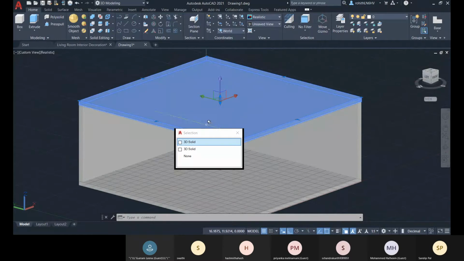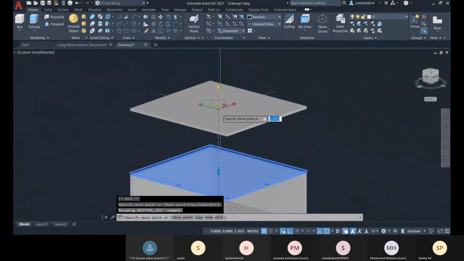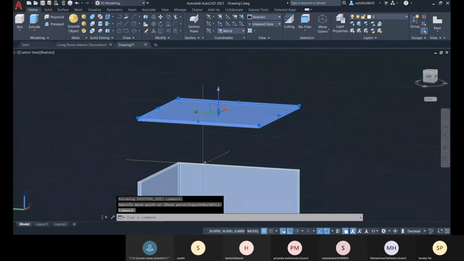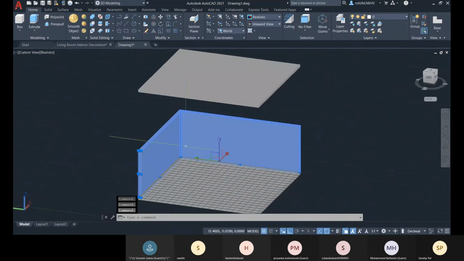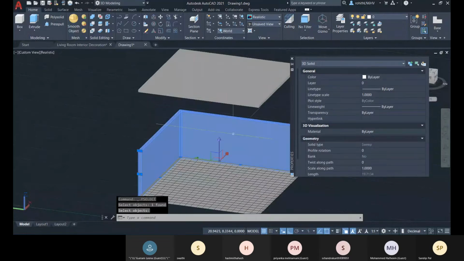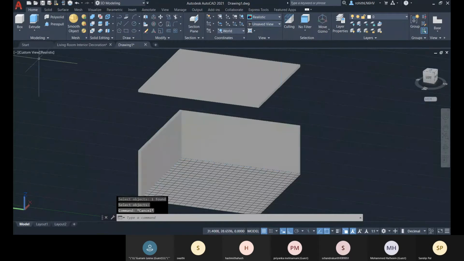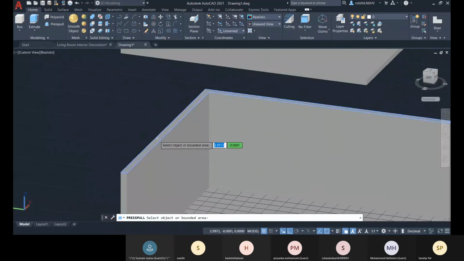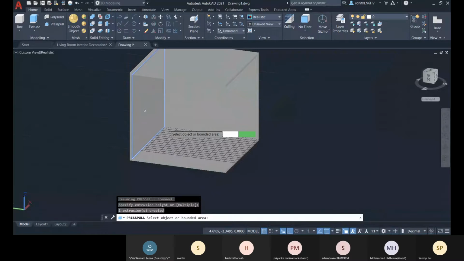So let me increase it more. Go for press pull there, and let me increase it.